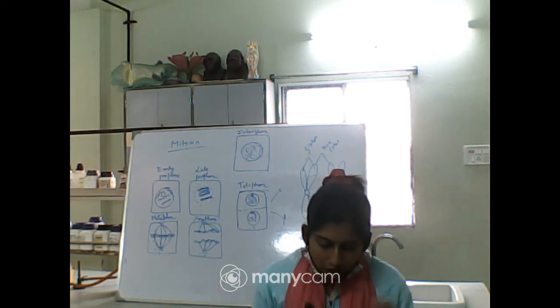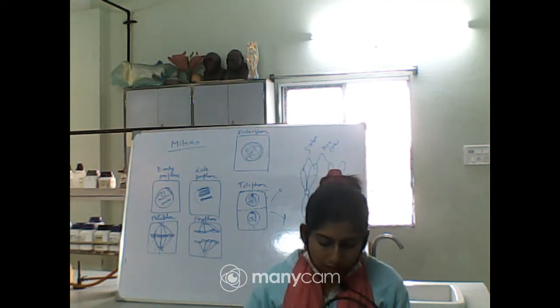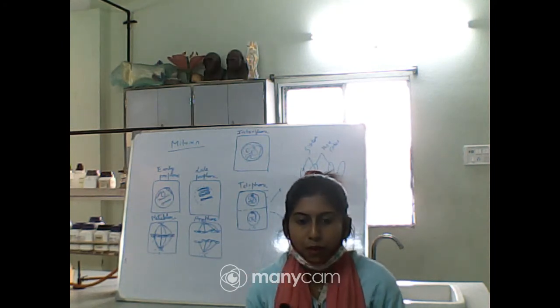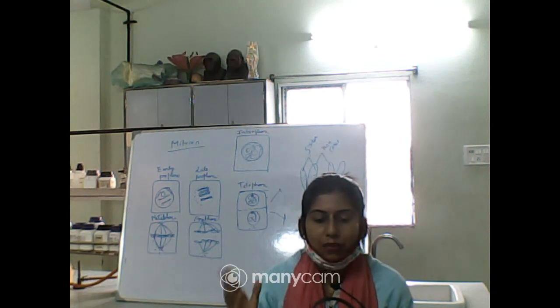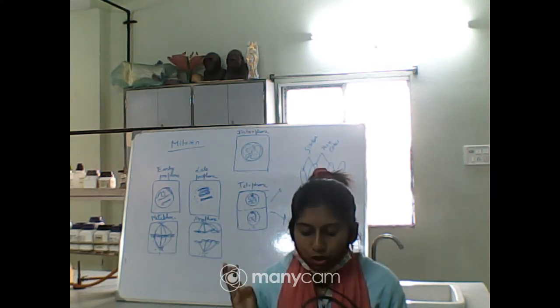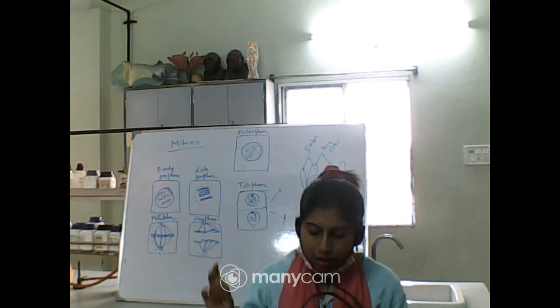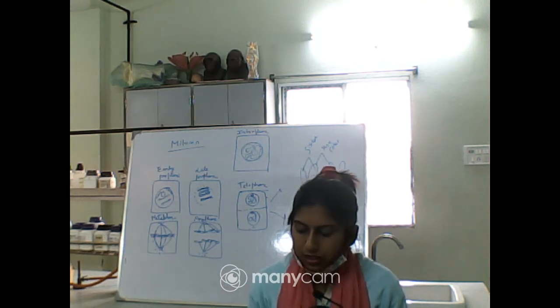Now, what will we write in the objective? First we will write: to study the various stages of mitosis in onion root tip cell from the permanent slide. This is our aim. Now, what are the different requirements? First one is a permanent slide, then a microscope, onion root tip cell, record file, pencil, eraser, sharpener, and laboratory notebook or practical book. These are the different requirements.